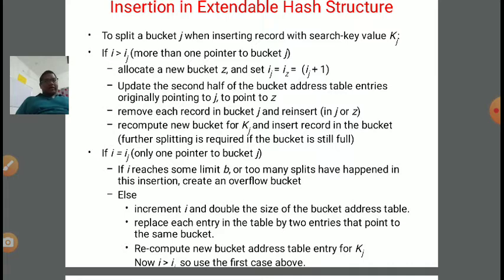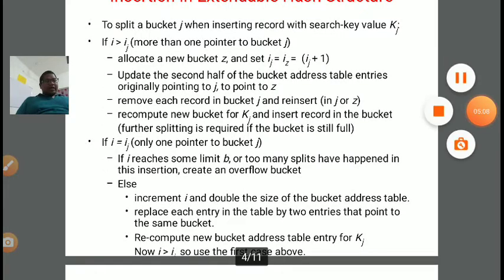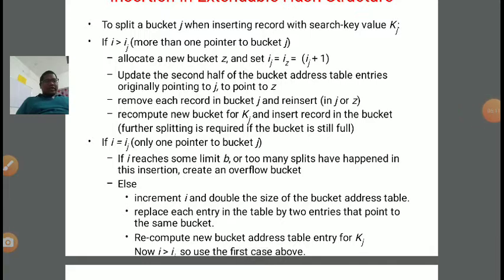Else, what we need to do? Increment i to i plus 1 and double the size of the bucket address table. Now replace each entry in the table by two entries that point to the same bucket. Now recompute the new bucket address table entry for Kj. Now i is greater than i of j, so use the first case as above.